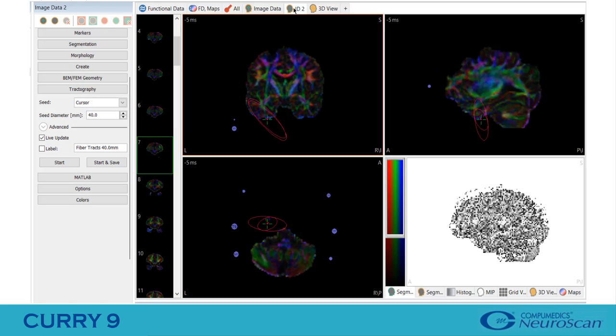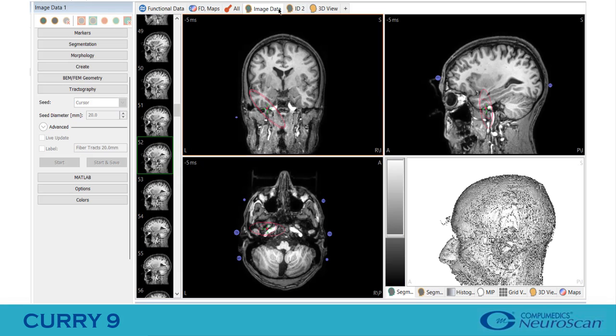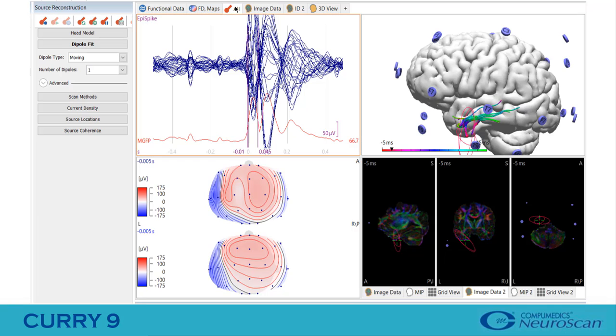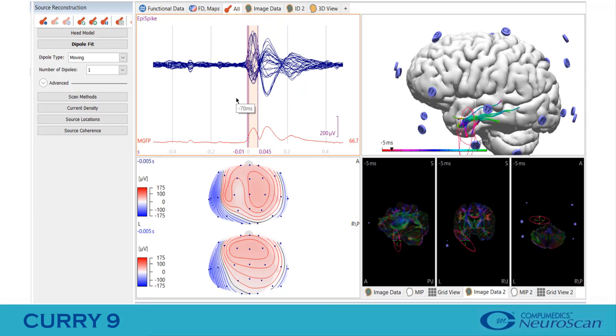special MRI scan sequence. We can combine that with a structural MRI to produce a data set that will allow us to look at changes in fiber tract projection as a function of the location of, in this particular example, an epileptic spike. We'll return to all windows in our display here so we can see the representation of this